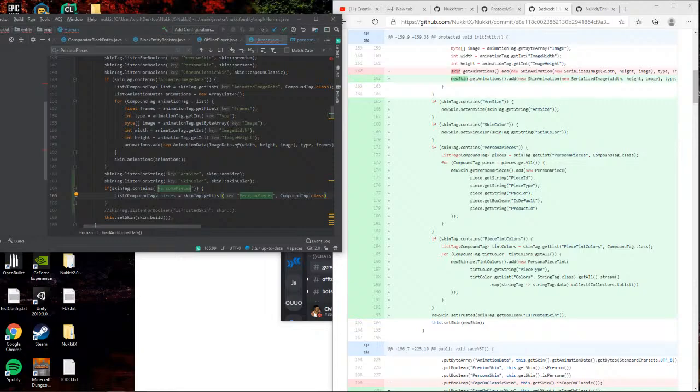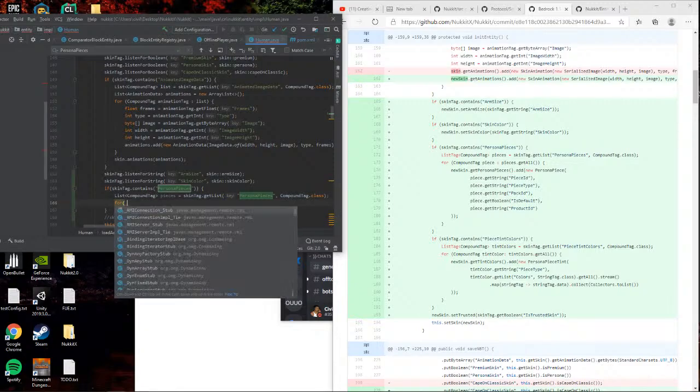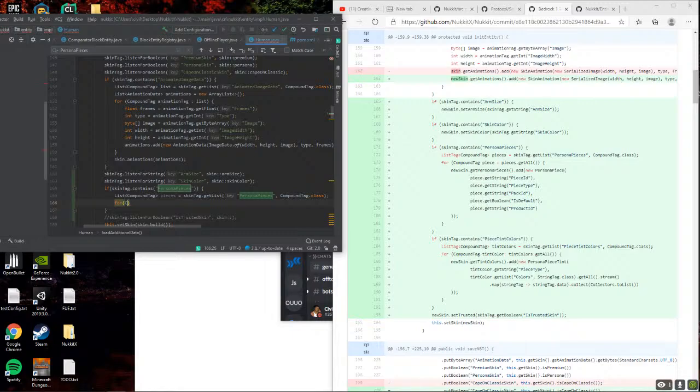Okay. For compound tag piece for pieces dot get all.